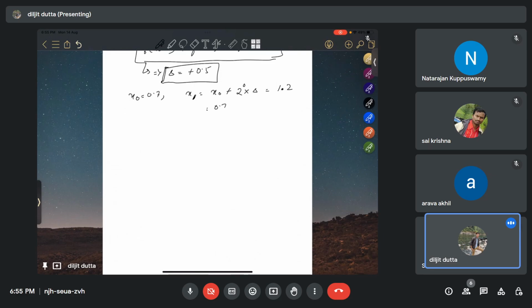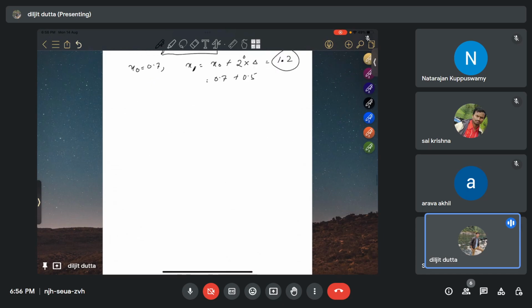X naught equal to 0.7 plus 0.5. So x1 is equal to 1.2. So now we do the f of x1. F of x1 will be how much? 1.2 square plus 54 by 1.2. So this value will come as